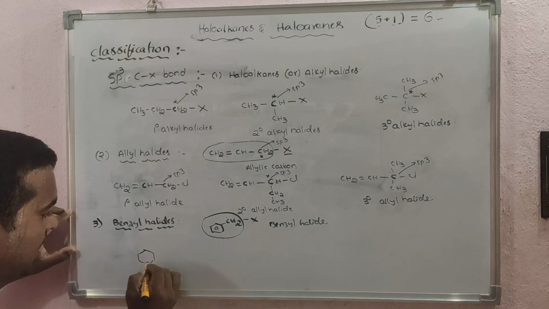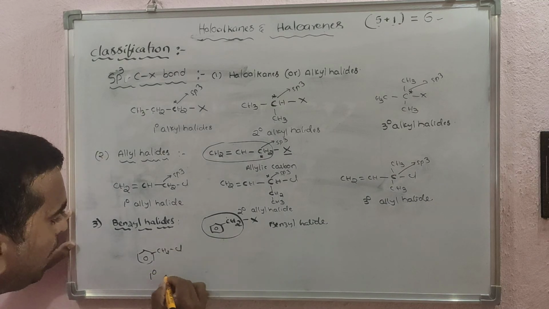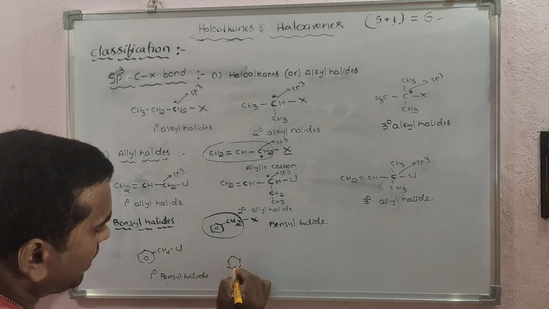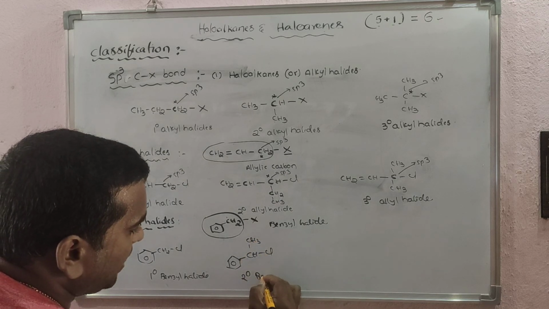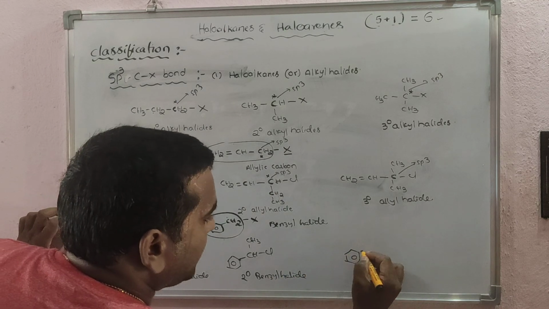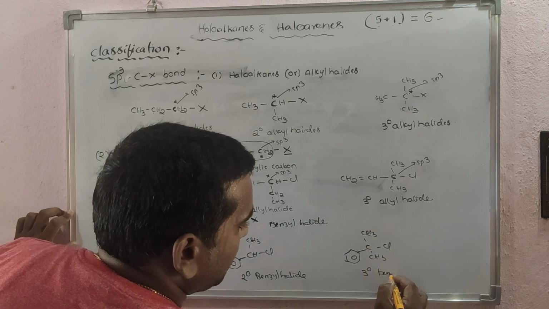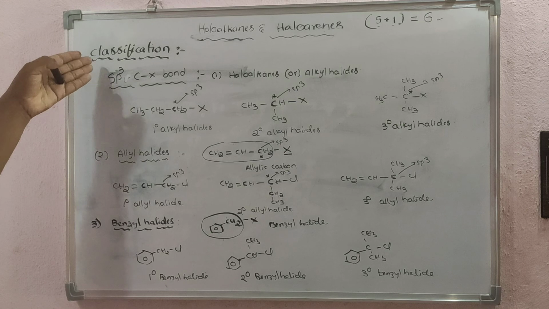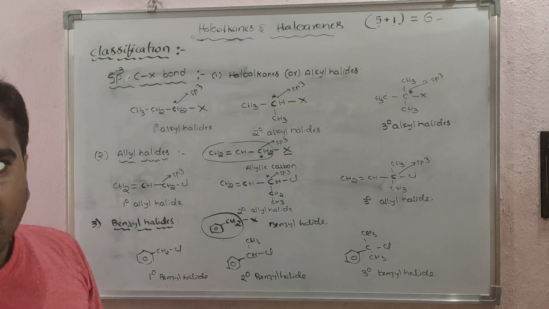Suppose I take simple, this is benzene and CH2X or Cl, this is a primary benzyl halide. And the second one, if I take benzene and CH with CH3 and here Cl, this is a secondary benzyl halide. And the last one, here C with CH3, CH3 and Cl, then it is a tertiary benzyl halide. So this is the classification based on compounds containing sp3 C-X bond. And another one is there,